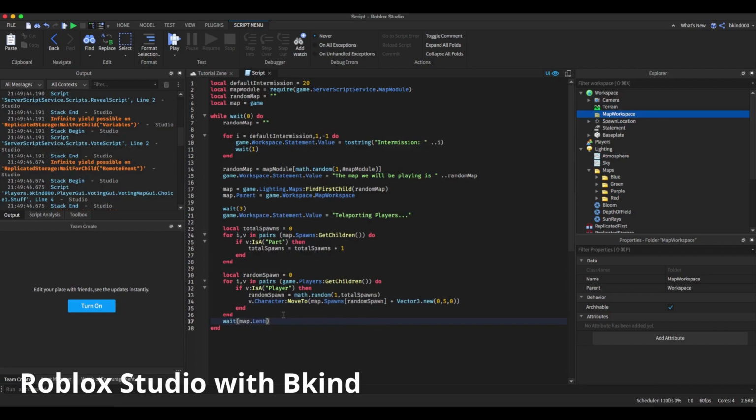Length dot value. And then wait, map dot, for i equals map dot length dot value to 0, step -1. So then there you go. Whoopsie daisy. So then game.workspace.statement.value equals time left, i seconds. And then it'll show how much time is left of the map, and then once it's all done,